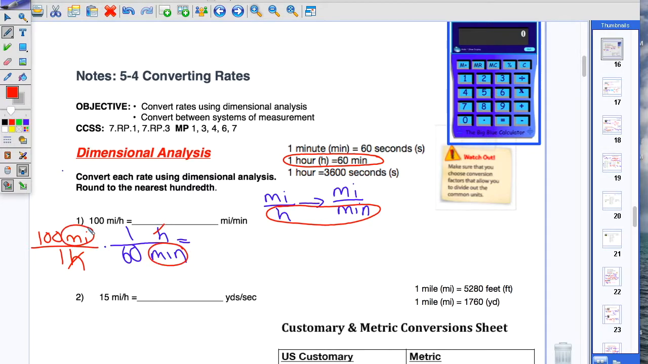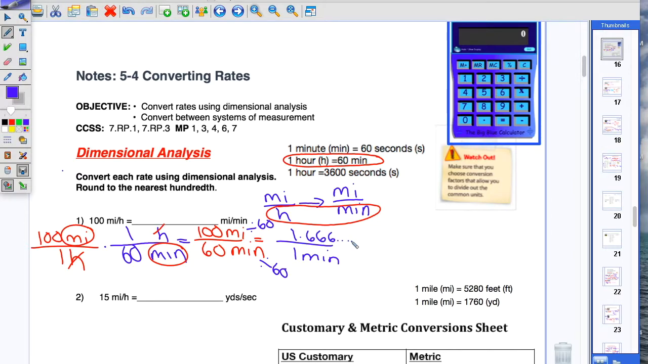So we're left with miles over minutes. Multiply going across, we get 100 miles over 60 minutes. So if you're going 100 miles in 1 hour, it's the same as going 100 miles in 60 minutes, because 1 hour is 60 minutes. But we don't have our 1 minute yet. So to get 1 minute, we find its unit rate by dividing by the denominator. And when we divide out, we get